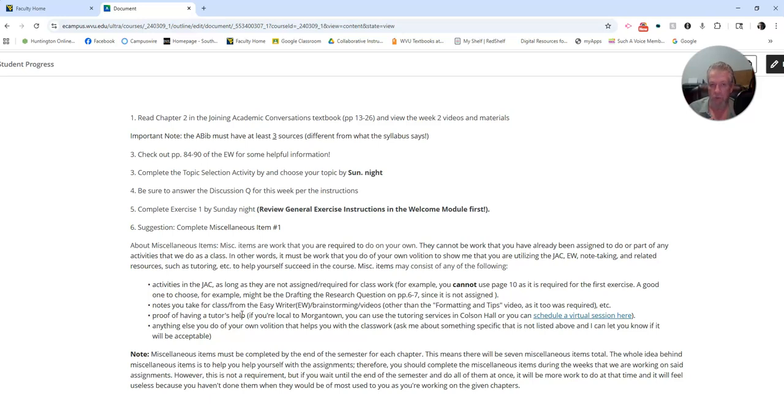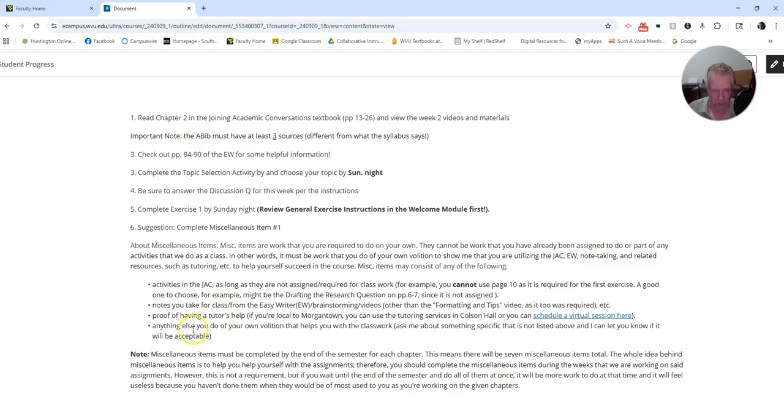It could just be a little email to you, and then you copy and paste that email onto a page, like a Word document, and that could be one of your miscellaneous items. So it's anything like that that you can do to show you're doing effort above and beyond what is being asked of you in the course. Okay,